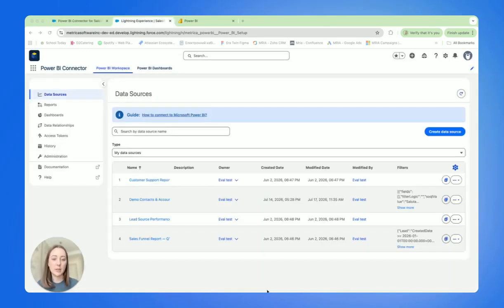Once you've installed the application, this is what you see, the interface which we targeted to make as Salesforce native as possible, to make your user adoption easy. The application allows to create multiple data sources. What is data source? Data source is a customized set of data that you'd like to export to Power BI